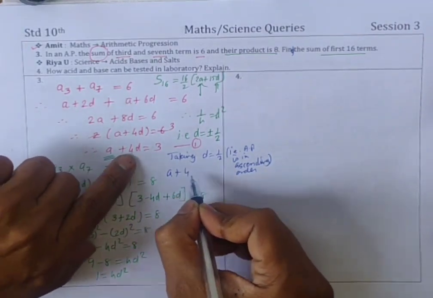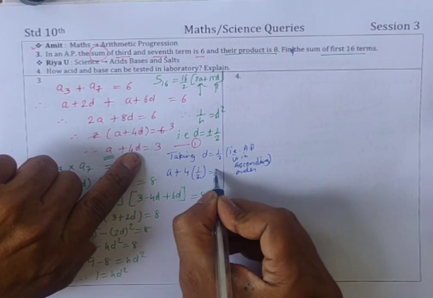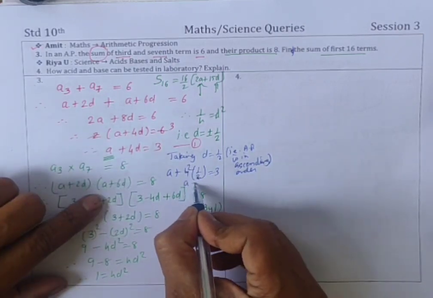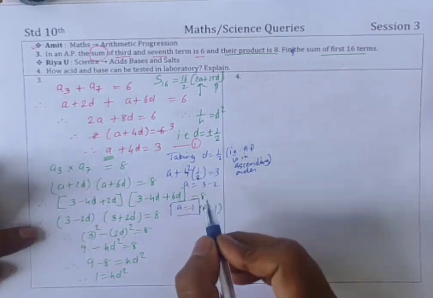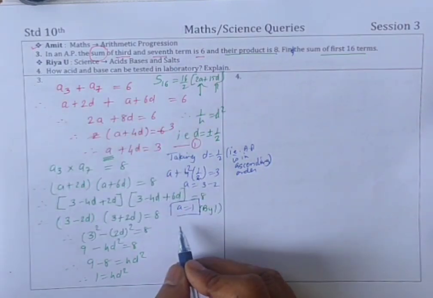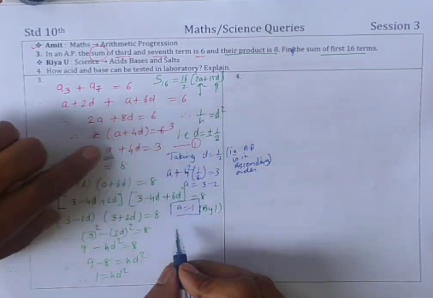A plus 4 into D, 1 upon 2, is equal to 3. 2 ones are 2, 2 twos are 4. So A is equal to 3 minus 2. So A is equal to 1. So children, A equal to 1 and D is equal to 1 half लिया हमने. Now